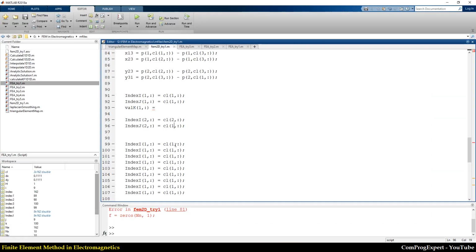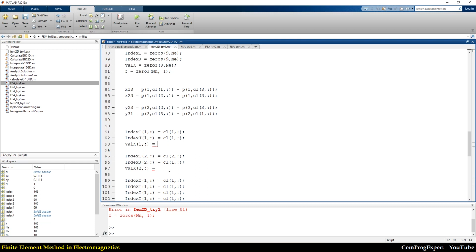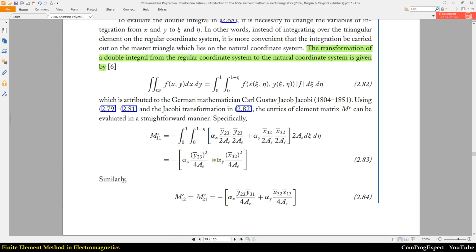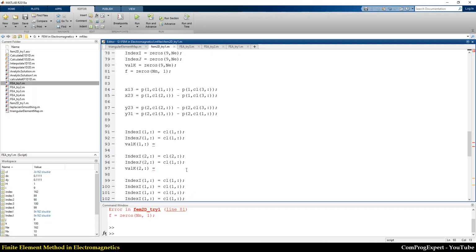So here I write the value of k for the second element. So what is the value of k for the first element? It is this expression. This is 1, this is 1, this is negative. AE is the area of element. So I write here negative 1 divided by 4 times AE. We didn't calculate AE and we should calculate the value of AE